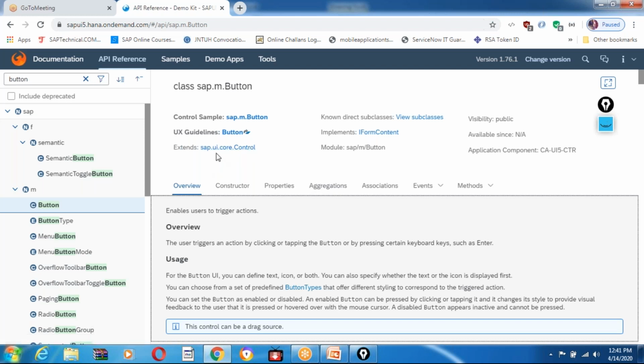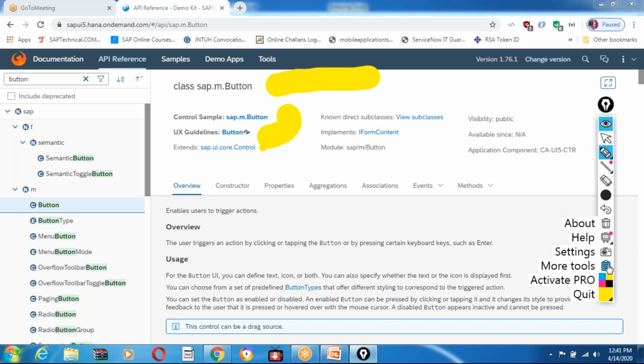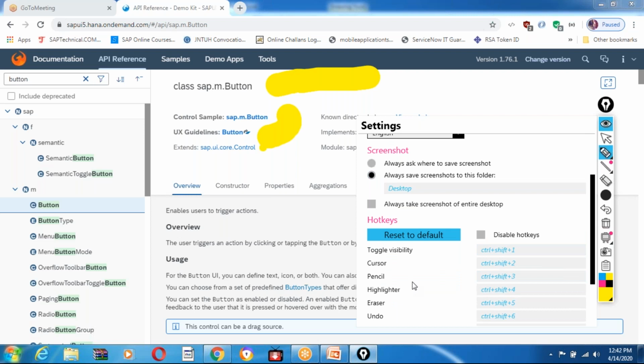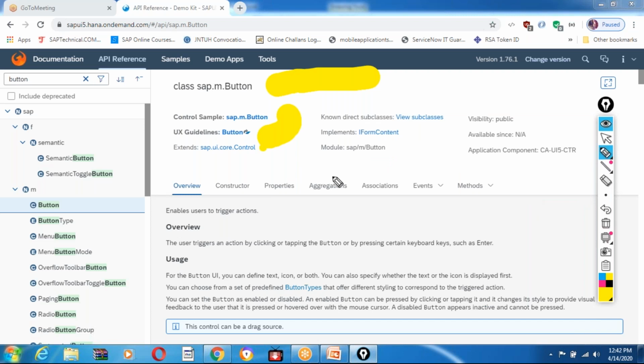And also, guys, here you can see the class name, right? Why is the thickness so much? I don't want this much thickness here. How can I set the thickness? Menu, settings, screenshot, hotkeys, cursor, toggle eraser, disable stroke size, color thickness, take screenshot, whiteboard, and pen size. Okay, that's it. Control Shift 1. So you can see, yeah,